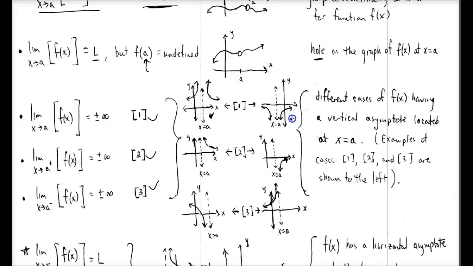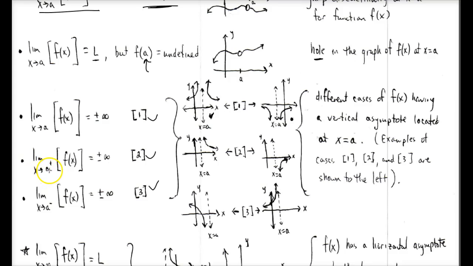This next one here is the same thing, but as the function goes down towards negative infinity. So you have the function on either side of the vertical asymptote either going up to positive infinity or down to negative infinity. Okay. In the next two cases here, you see that we're talking about the limit as x